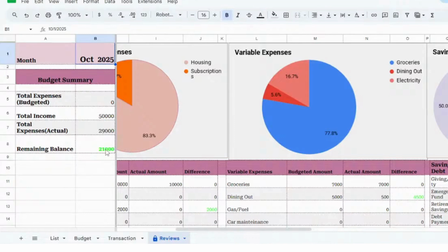zero. But if you have not yet spent every dollar, this is what you are supposed to do. You are supposed to allocate the remaining balance to savings, or maybe allocate it to paying more debts which you have. Don't spend the money which you have not spent on expenses. Spend it on either savings goals or paying debts. Now we are going to allocate our 21,000 to